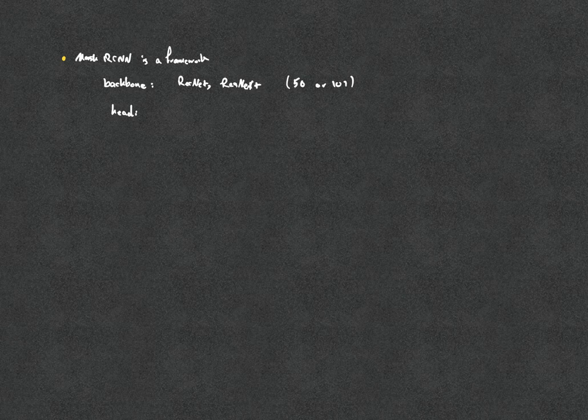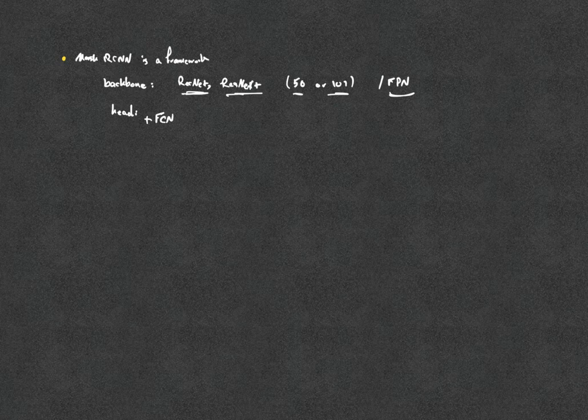Mask RCNN is a framework, and as its backbone, they have investigated the use of ResNet and ResNeXt with 50 or 101 depths. The convolution layer 4 features have been a common choice for extracting the features. Another backbone choice that they have used is the feature pyramid network. In the use of FPN, everything is pretty much the same, aside from the fact that different levels of the feature pyramid, according to their scale, will contribute to the features that you will end up having for each region of interest. For the head branch, they follow the Faster RCNN architecture, and they just add a fully convolutional network